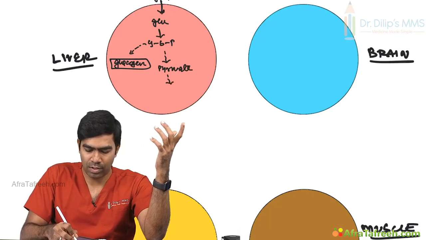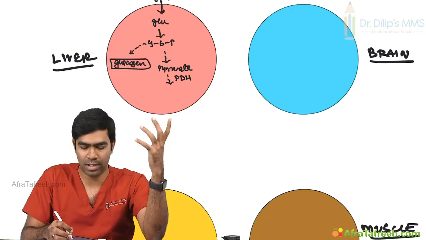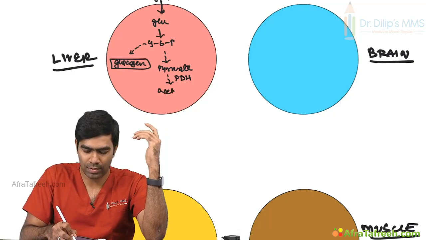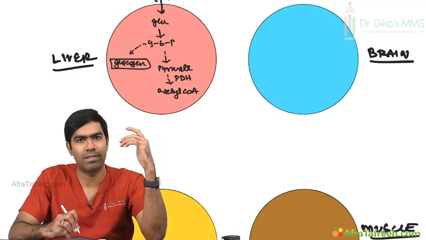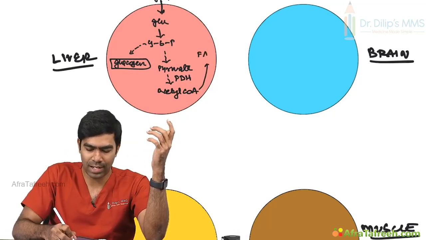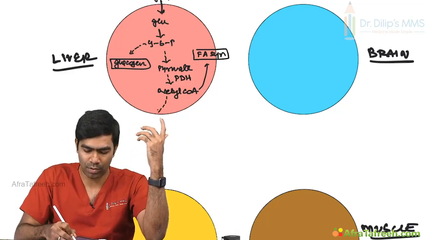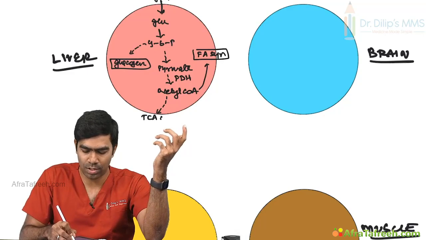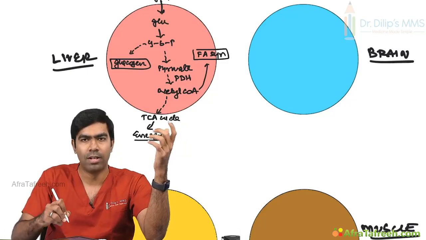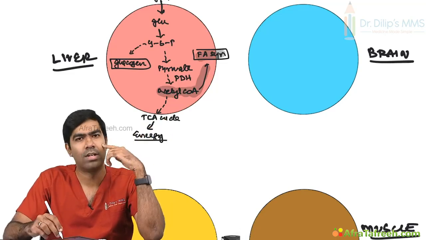And pyruvate, under the influence of pyruvate dehydrogenase enzyme, which is very active in the setting of high insulin in the fed state, is going to produce excessive acetyl-CoA. But please understand that this acetyl-CoA will be shunted towards fatty acid synthesis rather than ketone body production or energy derivation through the TCA cycle. Of course, some of the acetyl-CoA will be shunted towards the TCA cycle to produce energy that is necessary for the liver cell. But under the influence of insulin, a lot of acetyl-CoA can be shunted towards production of fatty acids